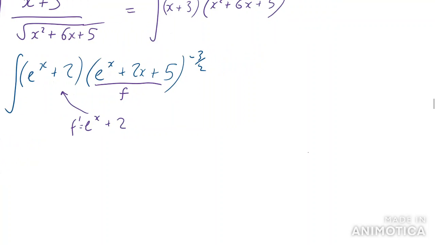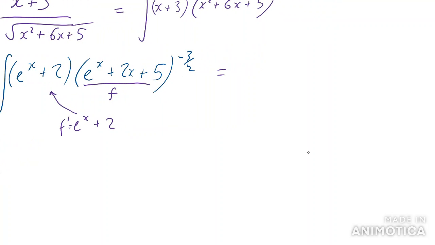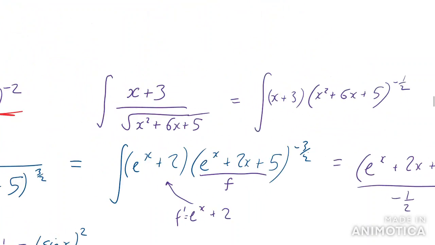And so this is just an example of the power rule. So this integrates to become e to the x plus 2x plus 5 to the minus a half over minus a half. Now,